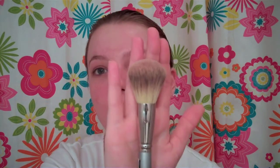Alright, so I've just put a little bit of the foundation, a little blob here on my hand. It's probably more than I will need, and I'm going to use my airbrush number 55 from Sephora. This is like my new favorite foundation brush. I think I've talked about this brush in like 2 or 3 videos now, but it's really phenomenal. So what I'm going to do is either you can stipple this on your face to evenly cover it, or you can dip your brush in the product. I think for just ease's sake today, I'm going to just dip it in my brush, pat it all over my face